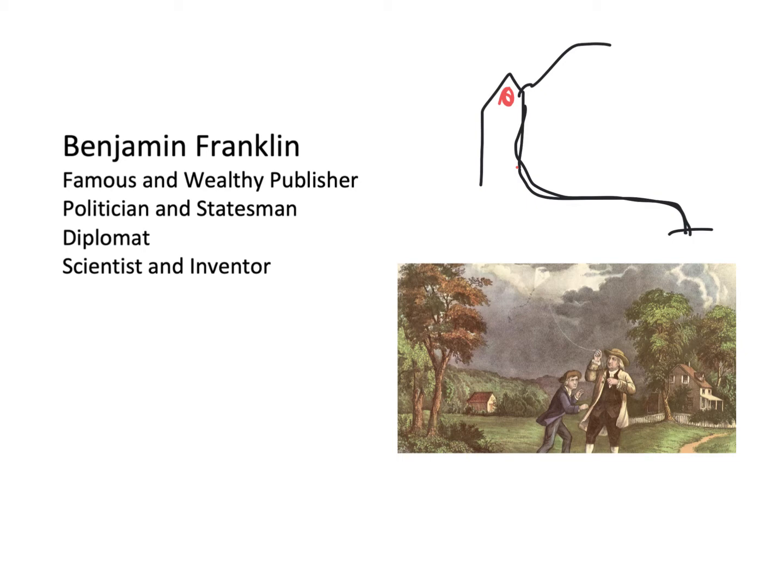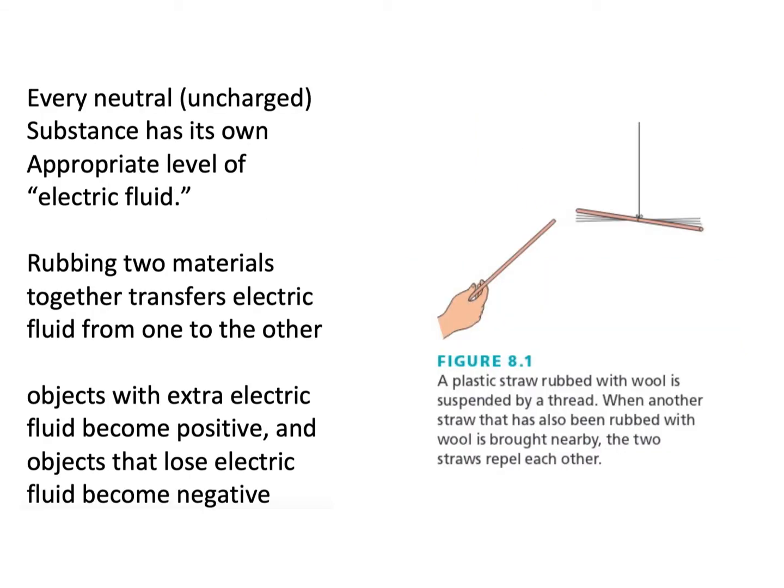But by understanding that lightning was an electrical phenomenon, he was able to make a very, very simple invention that saved people's lives, saved people's homes, by controlling nature through understanding nature. And that's really one of the great things about science. All the modern conveniences we have in our world today are here because of the work done by scientists like Benjamin Franklin.